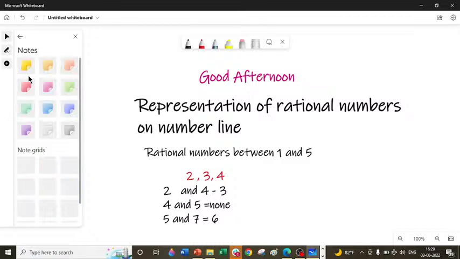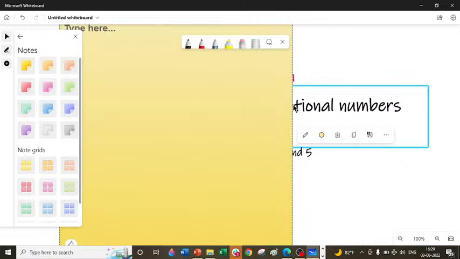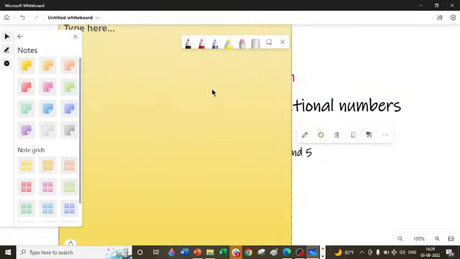So let's open the notes and we are going to learn on the notes now. Okay, अब हम इसे थोड़ा बड़ा कर लेते हैं और इसमें हम सीखेंगे कि हमें, अब देखिए जो आपको मैं